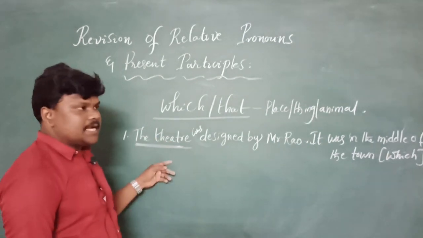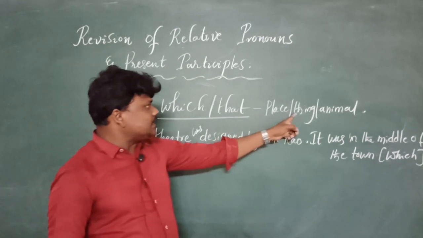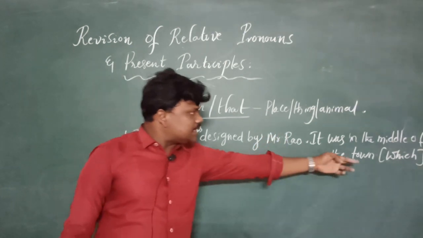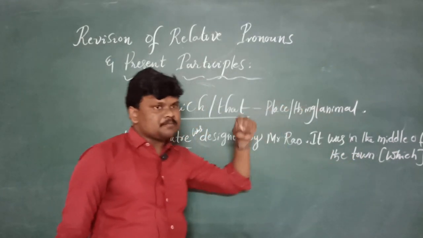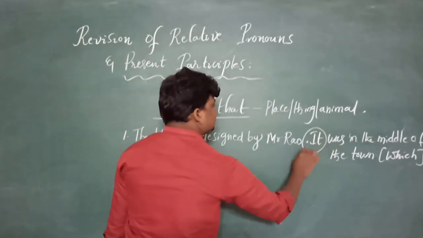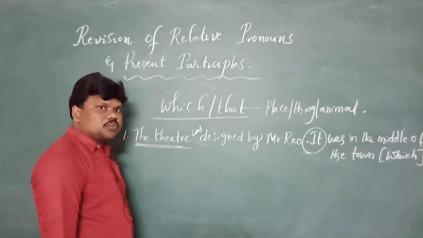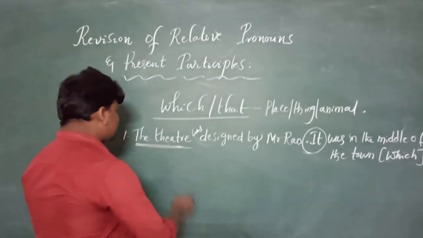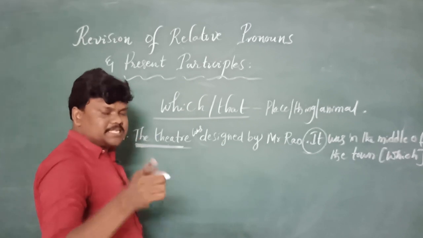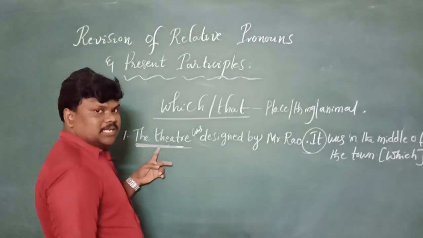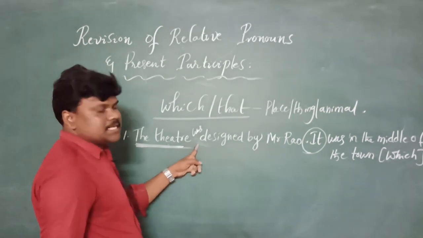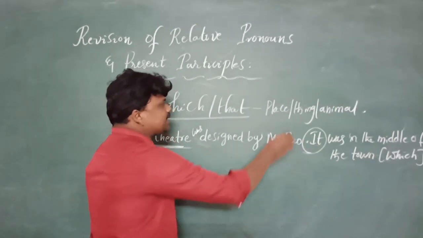Well, the theater. As the theater is a thing or a place, this theater always follows immediately which, based on the instruction. We need to remove the pronoun which is very close to the person, which is called it. So what is the main thing that we need to identify? First and foremost, try to identify the thing, and that thing immediately follows which or that based on the instruction. In the second sentence, it should be removed.